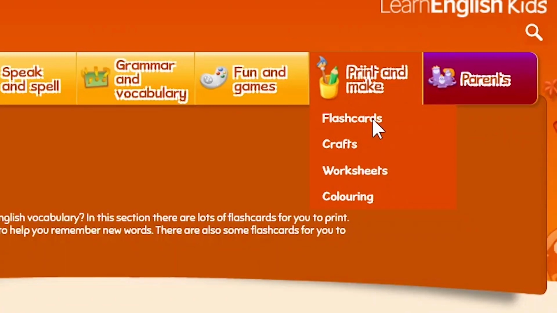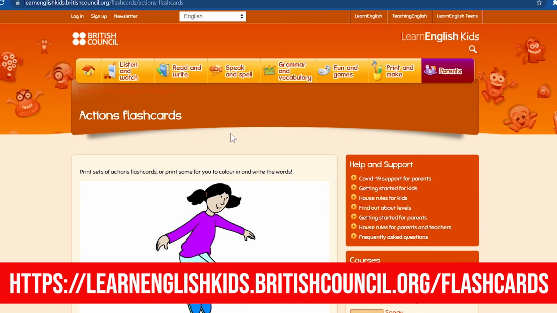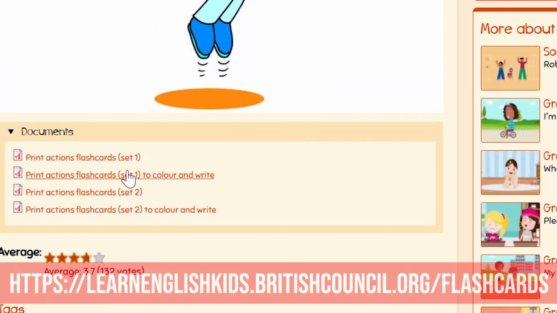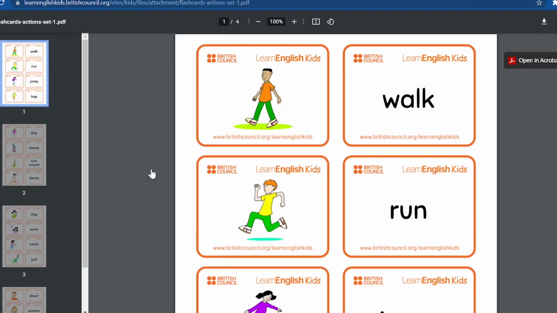When I first started teaching online during the COVID pandemic, I was lucky enough to have a digital version of the course book I was using with all my Young Learner classes. And these course books online had digital versions of the flashcards, so I could download the images onto my computer. If you don't have this available, then I'd recommend using the British Council website, which also has flashcards for young learners free for download as PDFs.